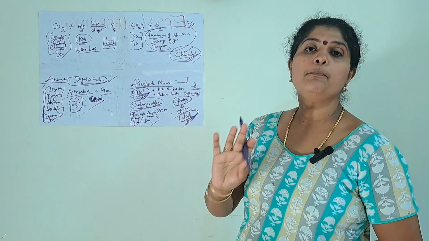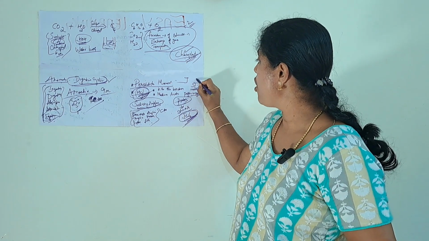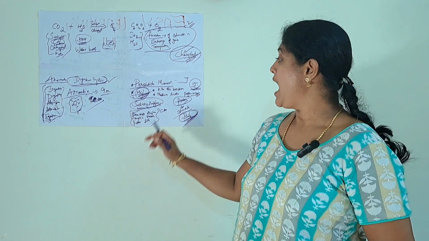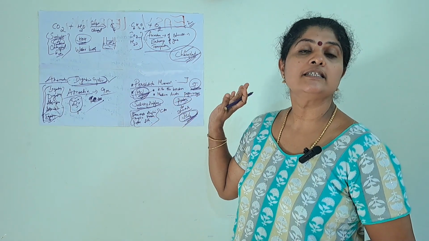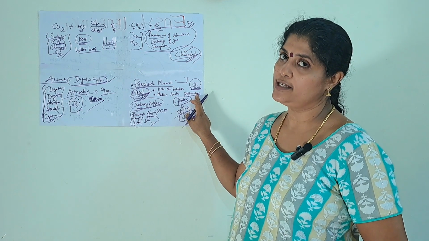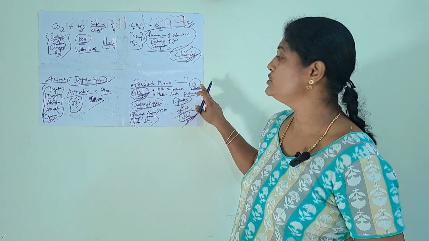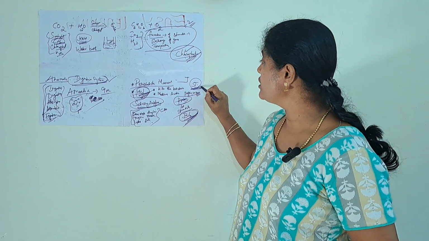So where does the complete digestion take place? You know that the digestion is completed in the small intestine. And the process of absorption is also completely done in the small intestine. So digestion is completed, and at the same time, absorption is also done in the small intestine, because it has got